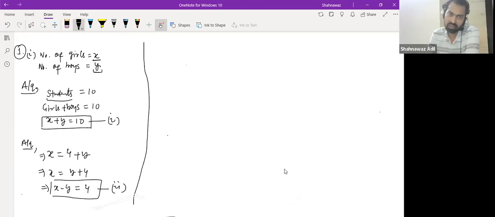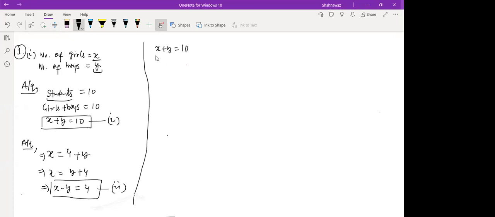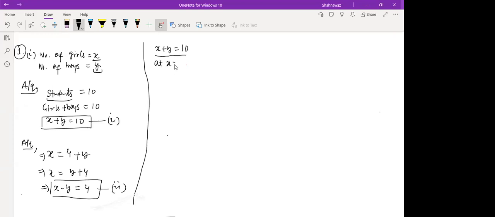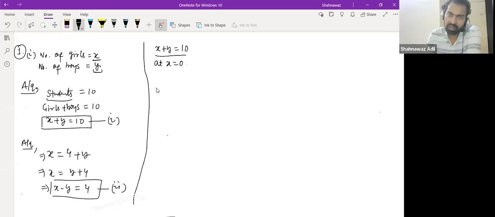The first equation is X plus Y equals 10, and we need 2 points. As I have suggested, we calculate at X equal to 0 and at Y equal to 0. So at X equal to 0,